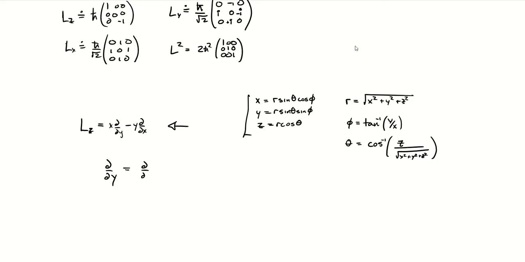This is going to be partial r, partial y, and you have to do that for all the components. Partial theta, partial y, and partial phi, partial y. And we can do all this. It's a bit of work. Maybe you'll assign it on a homework, and that is pretty tedious. But we can work through this.